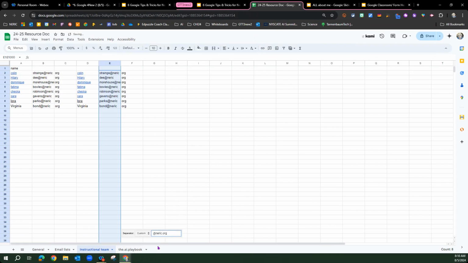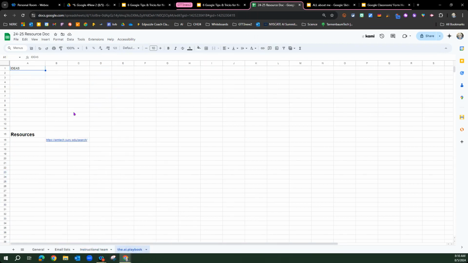And then it only pulled the .org off. So all I need is the @ to pull the @ off. And you can see what happens. And then my data separates. So I use it a lot because I hate separating things. And then the last thing is I have some resources in here